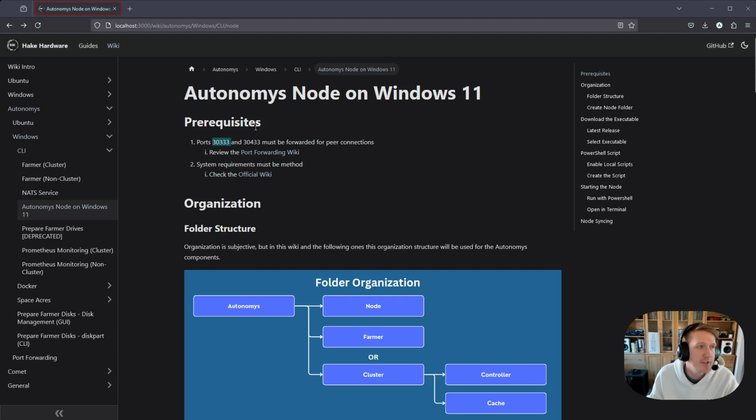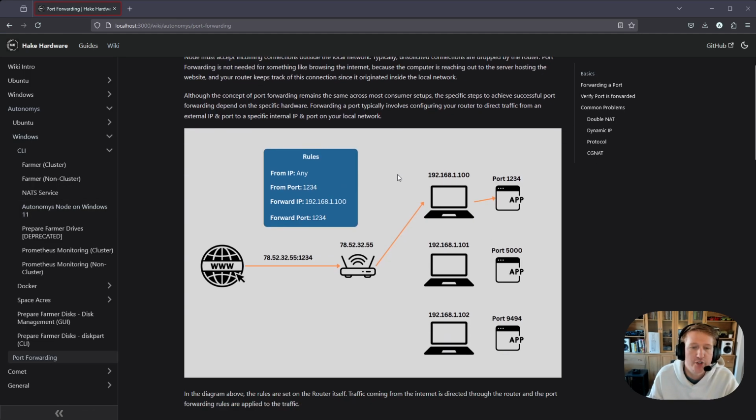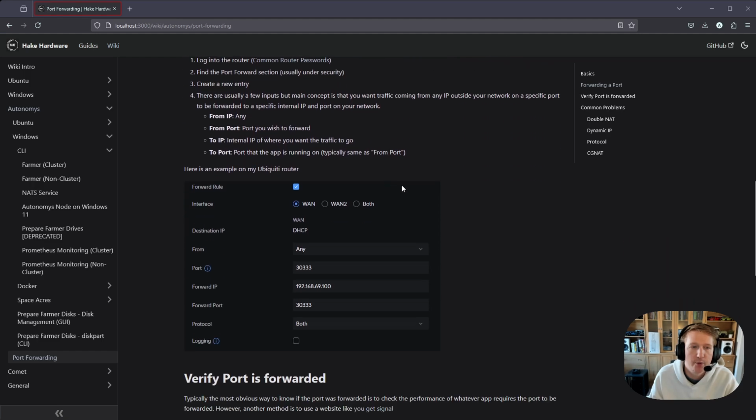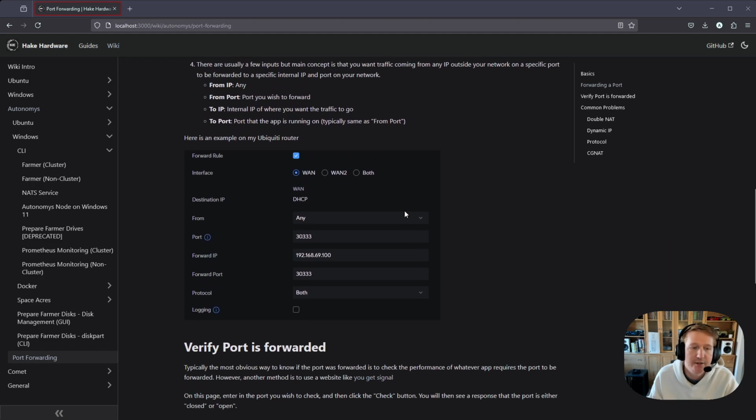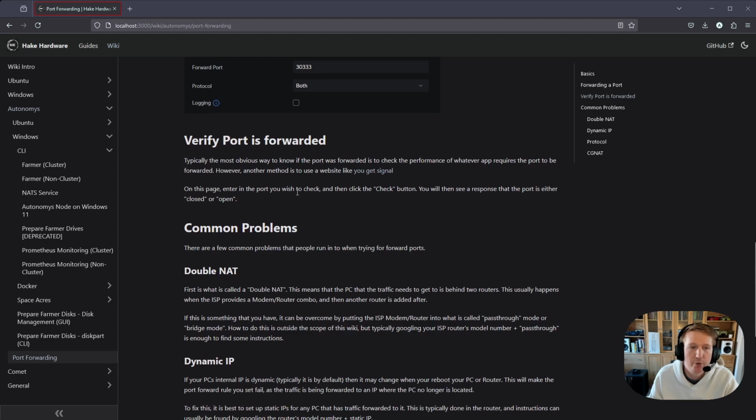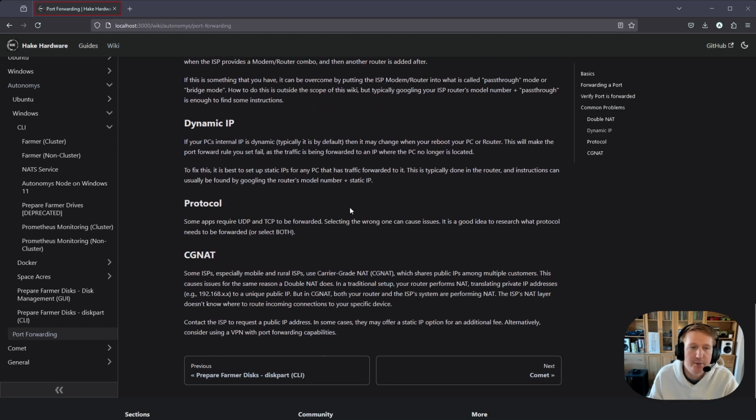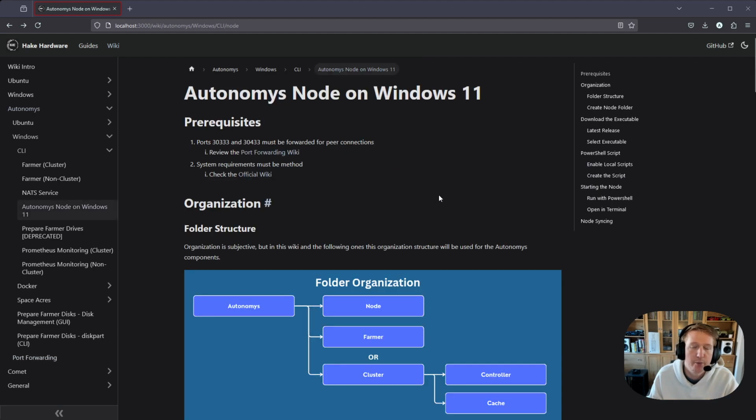The first is you do need to have port 3333 and 3433 forwarded, and that's so you can make some peer connections. And I do have a port forwarding wiki, which just very briefly goes over what port forwarding is, typically how it's set up, and how to verify that your port is forwarded correctly, and some common problems. So if you're not familiar with port forwarding, check that guide out, and it should get you going in the